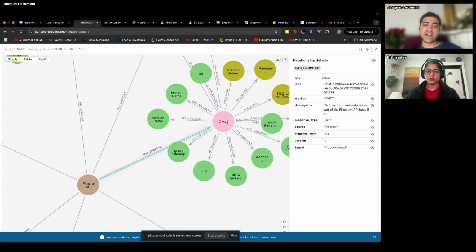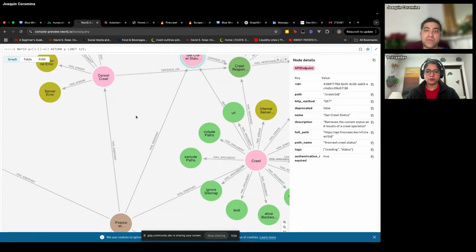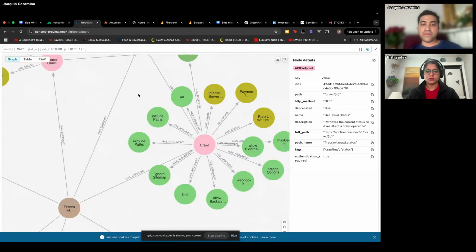So I start by just giving it a summary of all of the API endpoints and nodes. And then it chooses from there which ones it wants to go deeper into. And then from that, it'll pull information from all of them and select which ones it wants and then create a summary, and repeat, create a summary, create a summary.